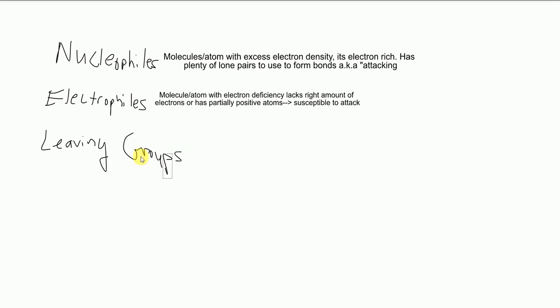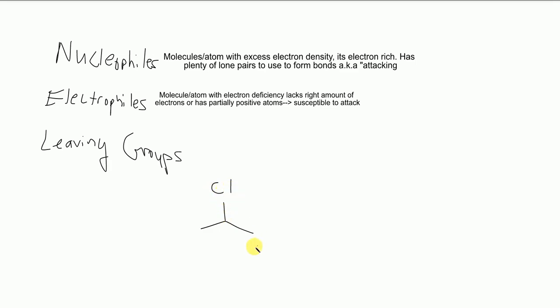Okay, and then leaving groups are usually groups that are electronegative, and they are pulling on a sigma bond. Okay, so I'm not going to write this out, but some examples of leaving groups are,